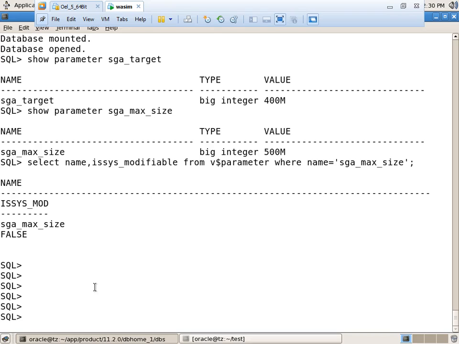False means what? Static, right? Can we change it with the alter command? The value? No, right? That's why we go to the Oracle Home DBS, open the parameter file, and change the value. After bouncing back the instance, the value will take effect. See your handout, it is clearly written, right?